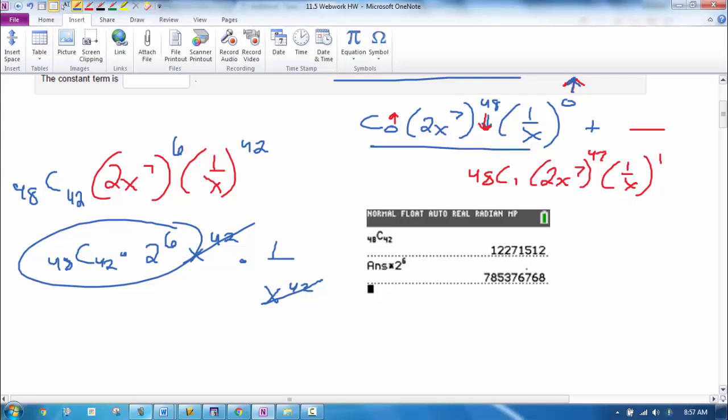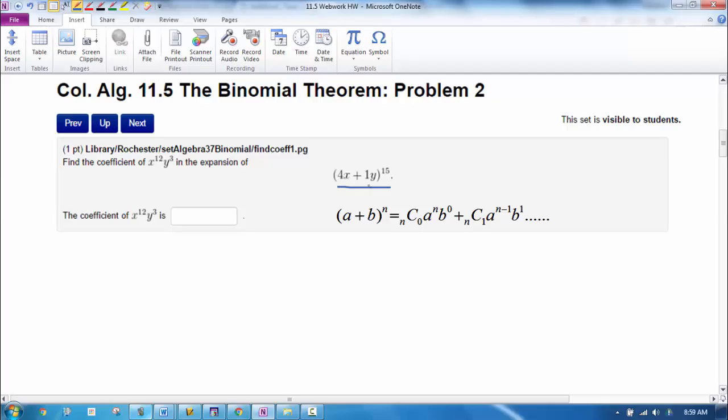And I know it's a really big number, but that should be the answer if I enter that in. Okay, the next problem wants me to not do this whole expansion, but just give me the coefficient that's on that specific term. So here's the formula once again on the formula sheet. So if you start writing this out, you'd have the first term would be 15C